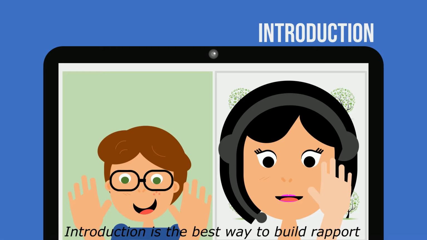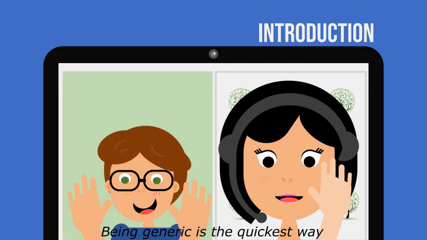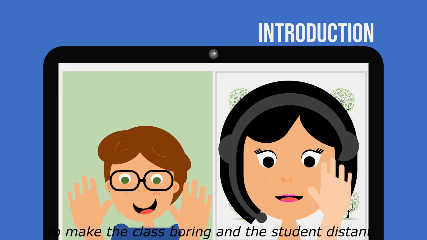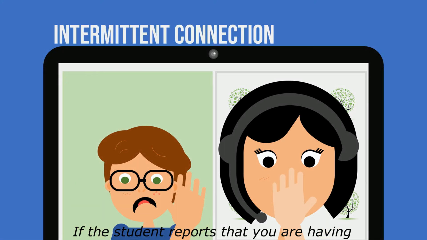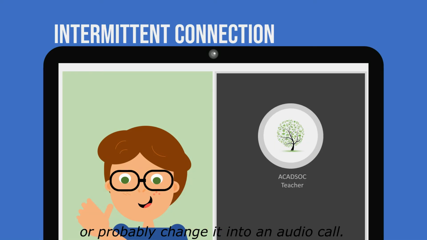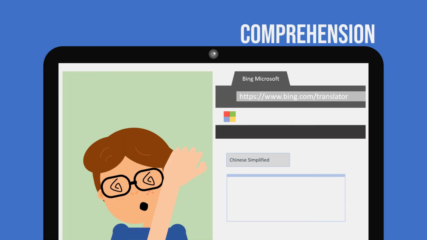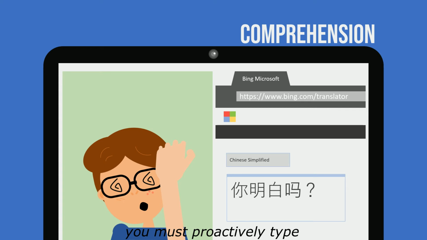Introduction is the best way to build rapport and ease them into cooperating with you in class. Being generic is the quickest way to make the class boring and the student distant. If the student reports that you are having intermittent connection in the class, you will need to restart your camera or probably change it into an audio call. You need to make sure you check your student's comprehension. If the student shows any confusion or is silent for a long time, you must proactively type and provide Chinese